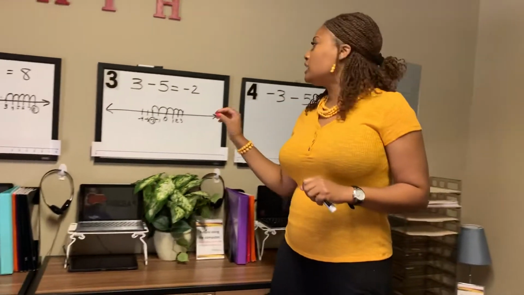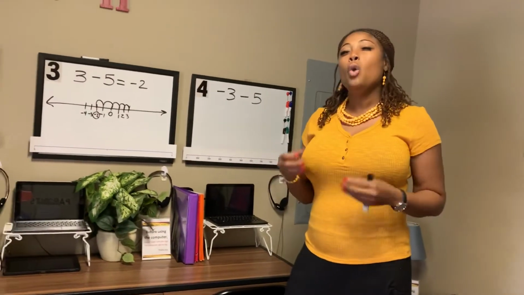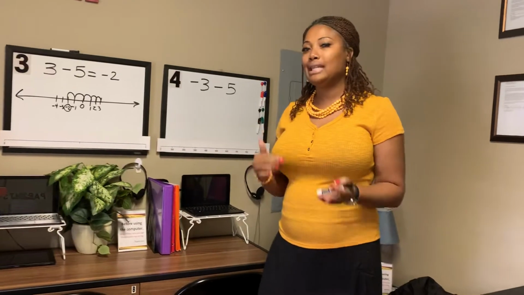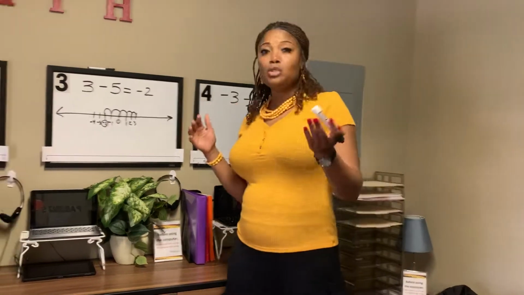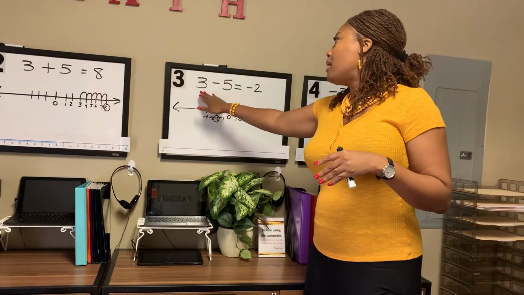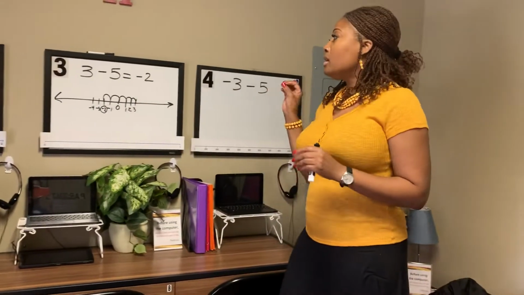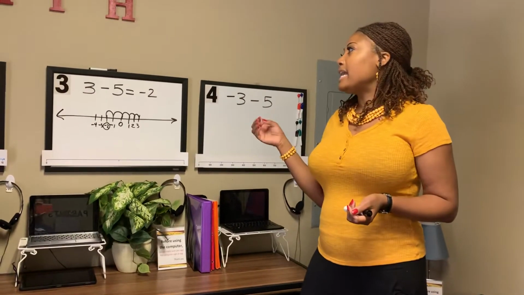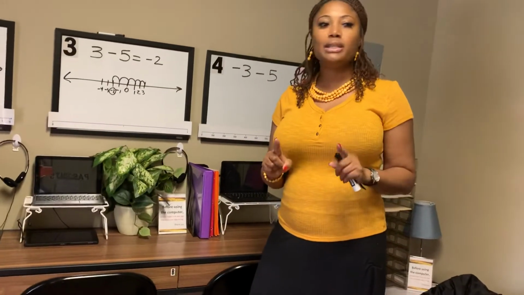Most teachers teach these quick rules, and the students really don't understand why the rule works. They know the rule gets them the answer, but they don't understand the depth of the integer and why the rule works. Most teachers teach that when you're adding and subtracting integers and you have a positive and a negative integer, subtract the numbers 3 and 5. Okay, they give you 2, and then they say keep the sign of the bigger number. The reason why that is dangerous,